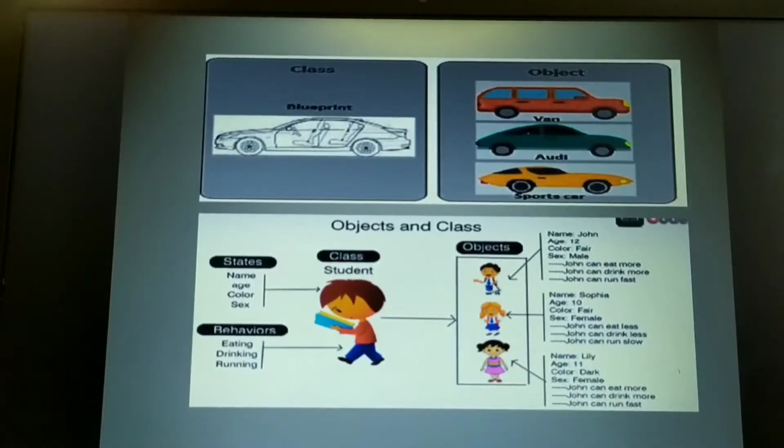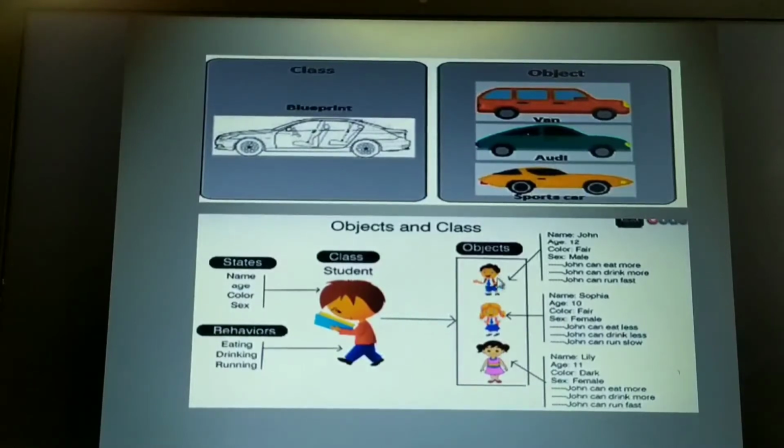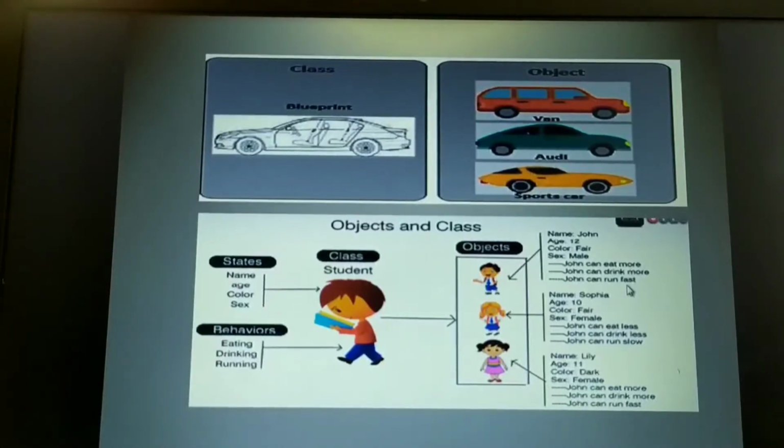The first object has characteristics like name, age, color and sex to determine gender. These are the common characteristics that any other person can also have. His name is John, his age is 12, color fair, sex male. Then the functionality performed by John are considered the member functions: he can eat more, drink more and run fast.